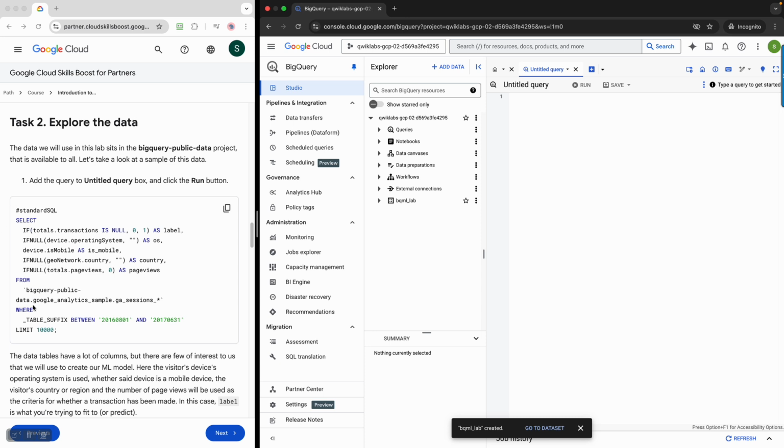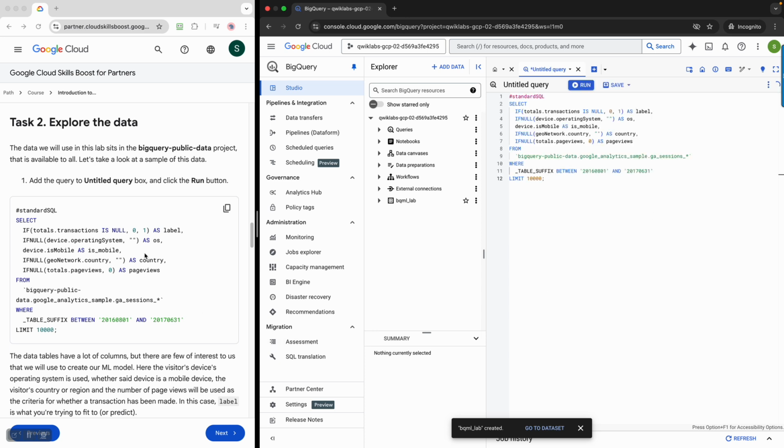Basically, this query is from the Google Analytics samples. From the public data, it is going to pull out some data with the where condition, and it is also limiting to 10,000 records. So without any delay, I paste it,